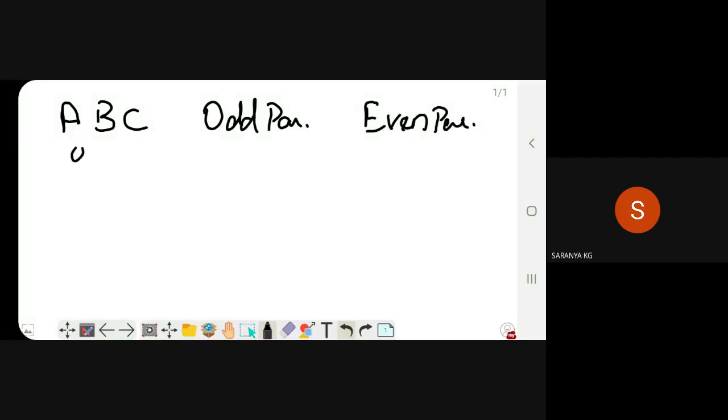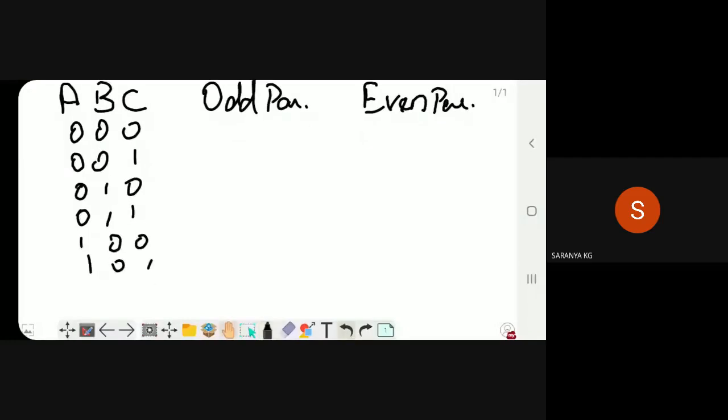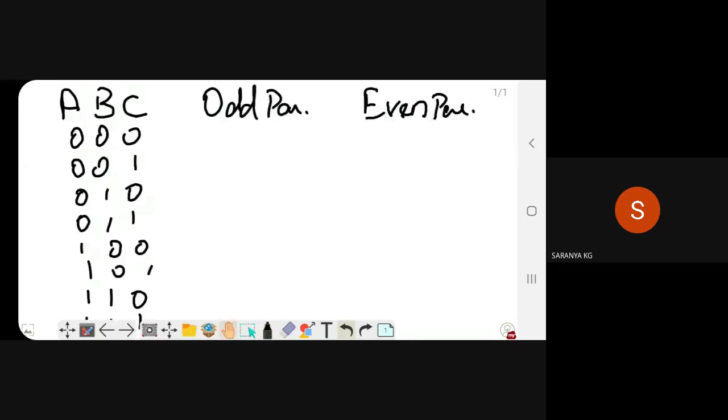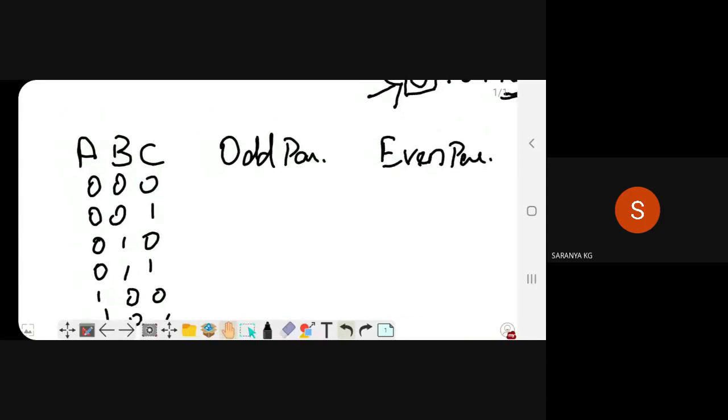So the inputs are 000, 001, 010, 011, 100, 101, 110, 111. Here the first data, 000, belongs to odd parity or even parity? It belongs to even parity, so it is 0.